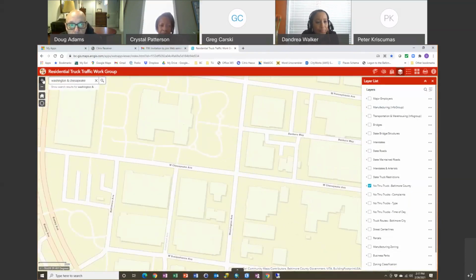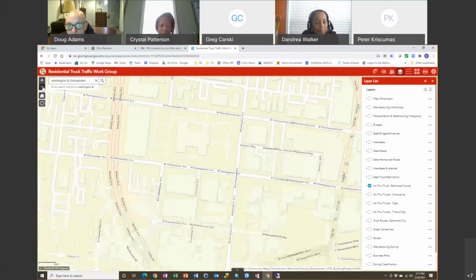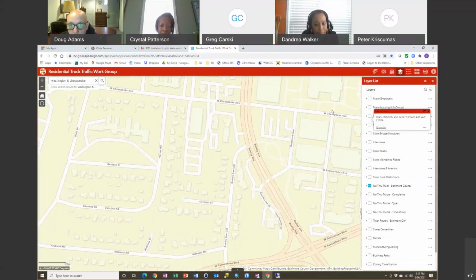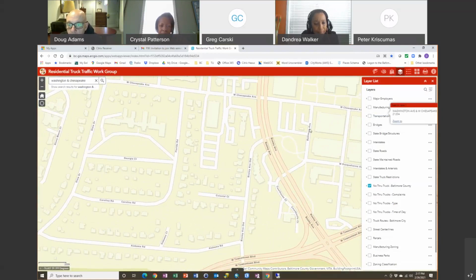This button allows you to zoom in. This button here allows you to zoom out, or you can just drag your mouse around. All I'm doing is clicking and holding the mouse, and it's moved around. Most of the, not most, all of the data that I've been using to deliver maps and stuff like that are all right here in this application. And if you wanted to use this for other purposes, you also could add data, and this gives you access to 160 or 70 data layers from the county.